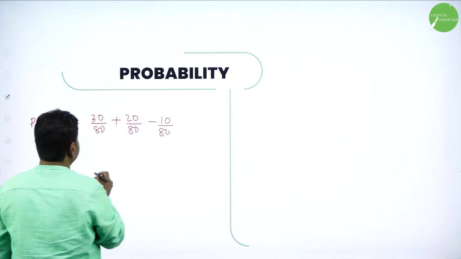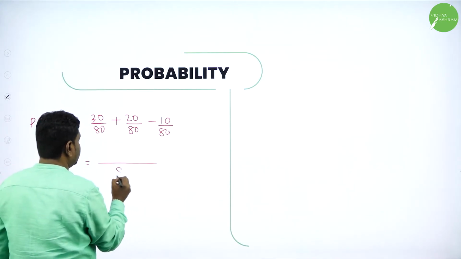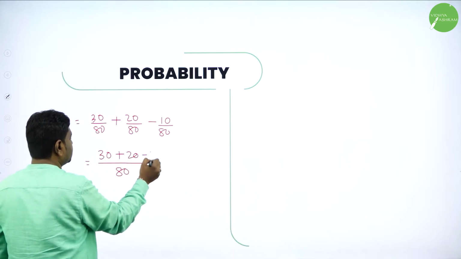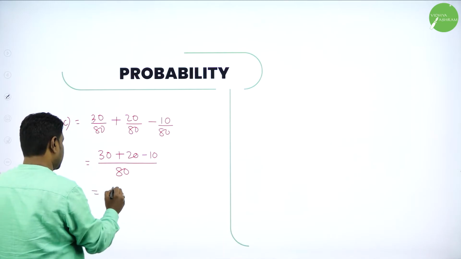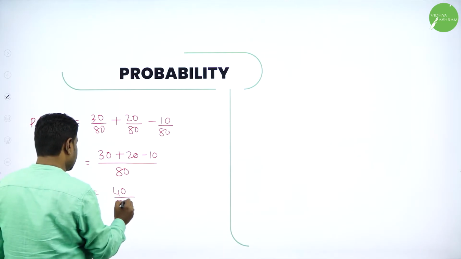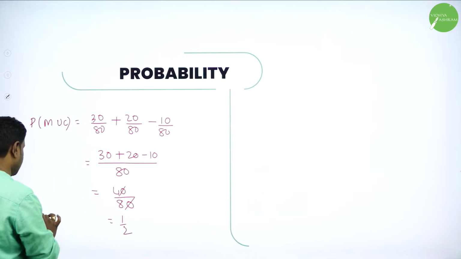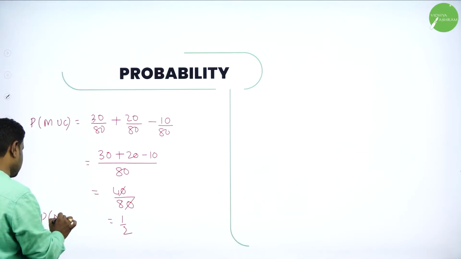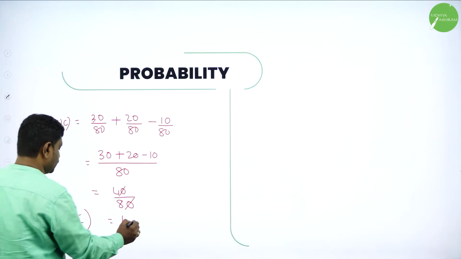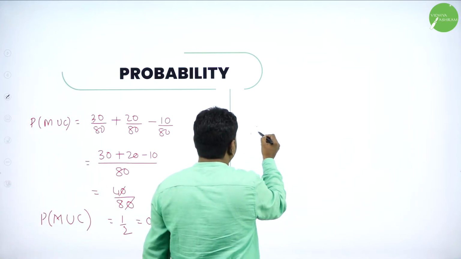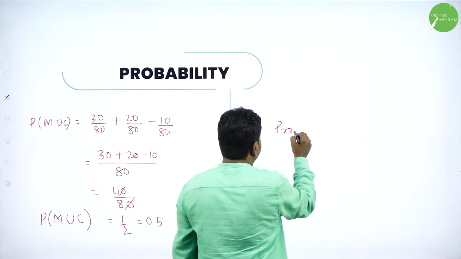Now take LCM. What is the LCM? 80. 30 plus 20 is 50, minus 10, 40. 40 by 80, you can cancel zeros, 1 by 2. So the probability of students taking maths or chemistry is 1 by 2 or 0.5. So therefore, write the conclusion. So therefore probability